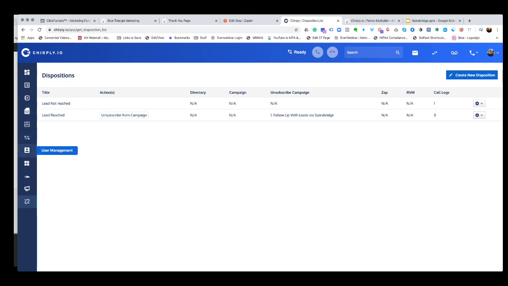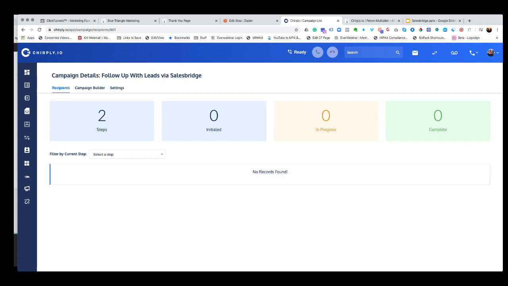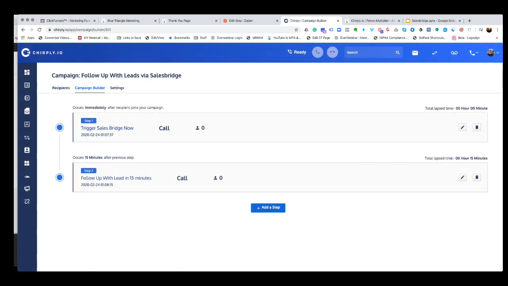Now, what I could do in these campaigns is, of course, set the calls up so it goes further down the road. So I could set up another call in 30 minutes or in another 15 minutes if I don't reach them, and if I reach them, the disposition just takes them off.